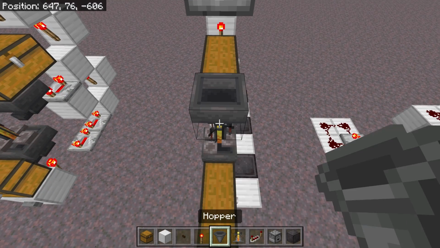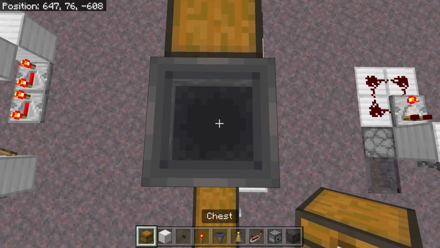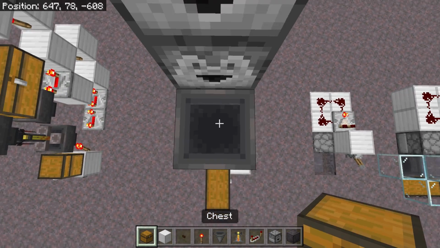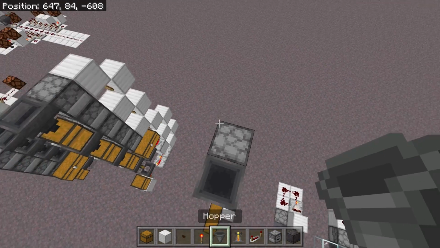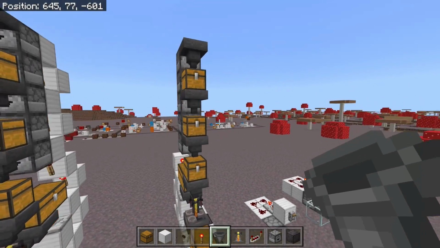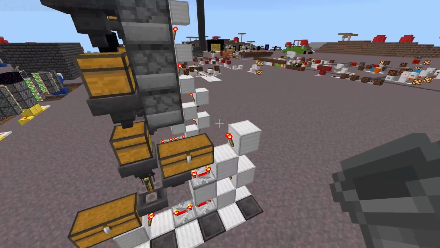But then break out your temporary block and place a hopper going down into the brewing stand, and then we're going to alternate placing chest and hoppers going up until we've reached the top of the dropper line. So if you're using 5 droppers, you should have 3 chests and 4 hoppers. Just like so. You'll also have to crouch to place the hoppers and chest on top of each other, just in case you didn't know,